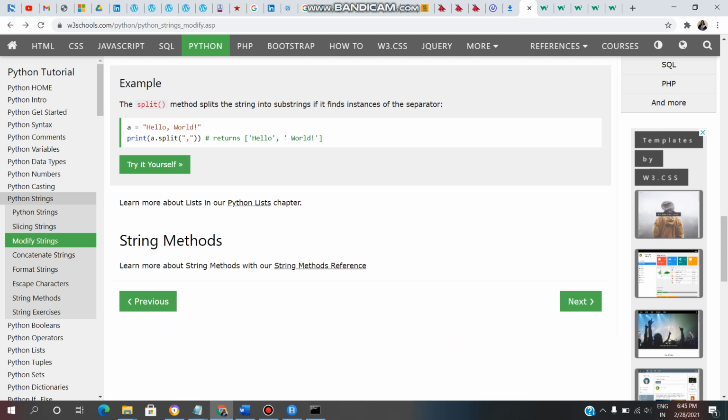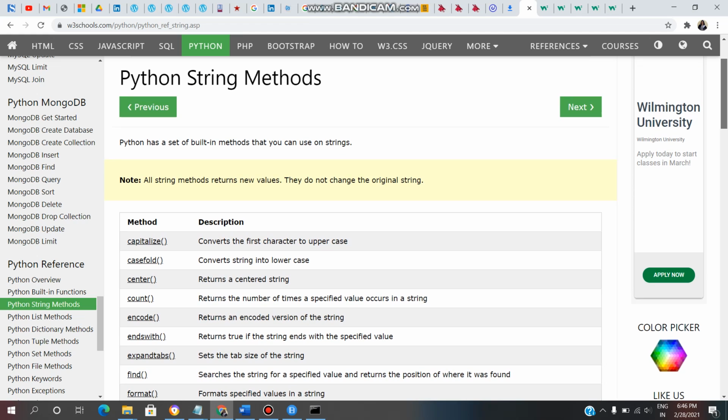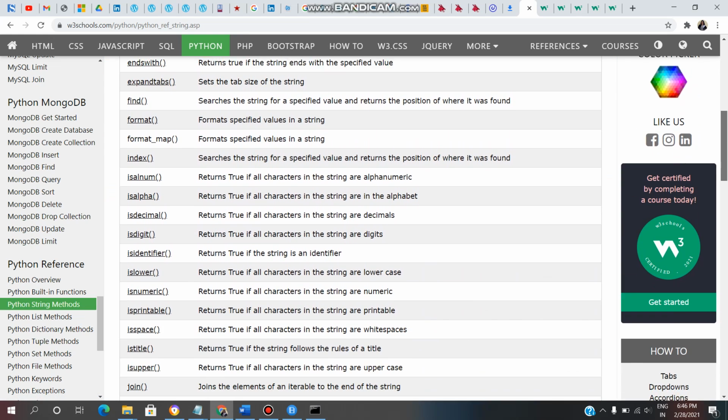In strings we have so many methods. If you want to learn more string methods, then here, learn more about string methods with our string method reference. W3 School is giving separate notes for string methods. So click on this link. See, these are all string methods. Capitalize, casefold, center, count, encode, endswith. These are all the methods.